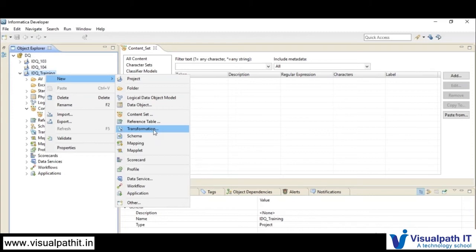Whenever you are creating the data processor, it will be used to convert from one format to another format. Let's say you want to convert JSON to XML, or XML to relational, or JSON to COBOL, COBOL to XML.